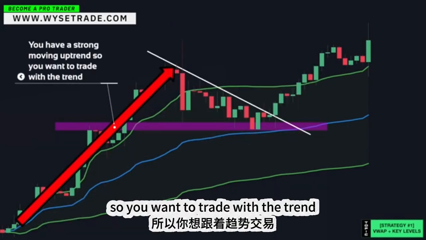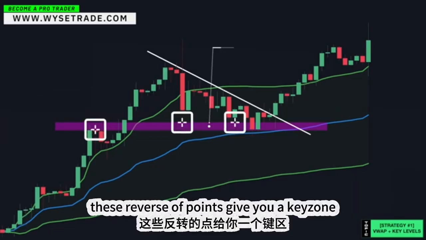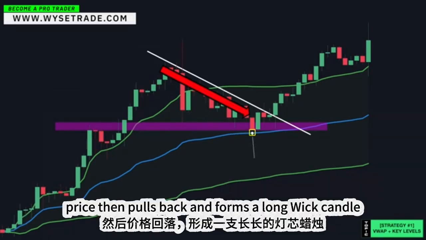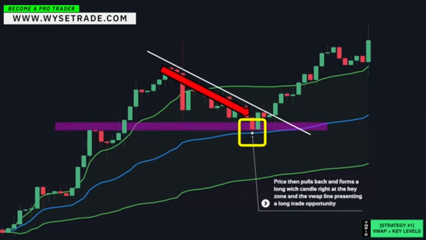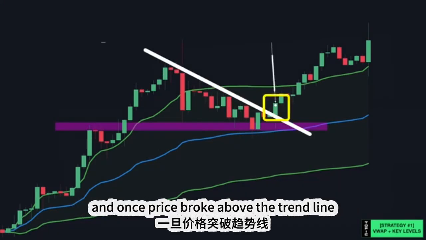You have a strong moving uptrend, so you want to trade with the trend. These reversal points give you a key zone. Price then pulls back and forms a long wick candle right at the key zone and the Vwap line, presenting a long trade opportunity. Trend line placed above connecting the highs, and once price broke above the trend line,